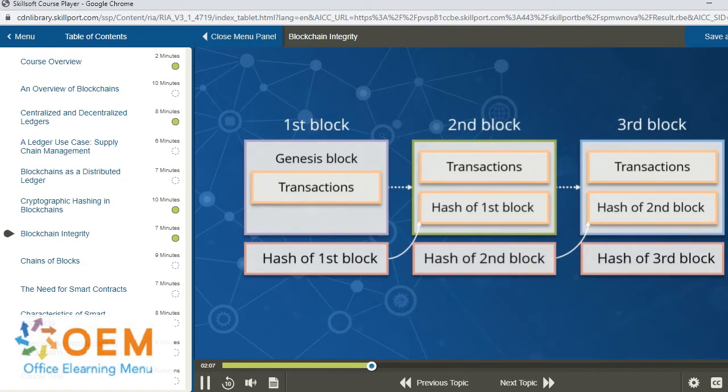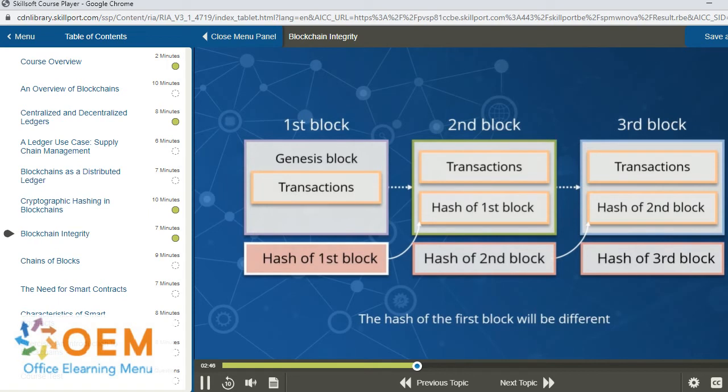To understand exactly how that works, let us consider what happens when someone tries to tamper with one of the blocks in the blockchain. In our example, we try to modify the contents of a transaction in the first block, or the Genesis block. Now, the effect of this is that the hash of the first block will be completely different. We have seen previously that even a minor change in the input to a hash function is likely to produce an entirely different output. So even a minor change in the transactions of the first block is likely to produce